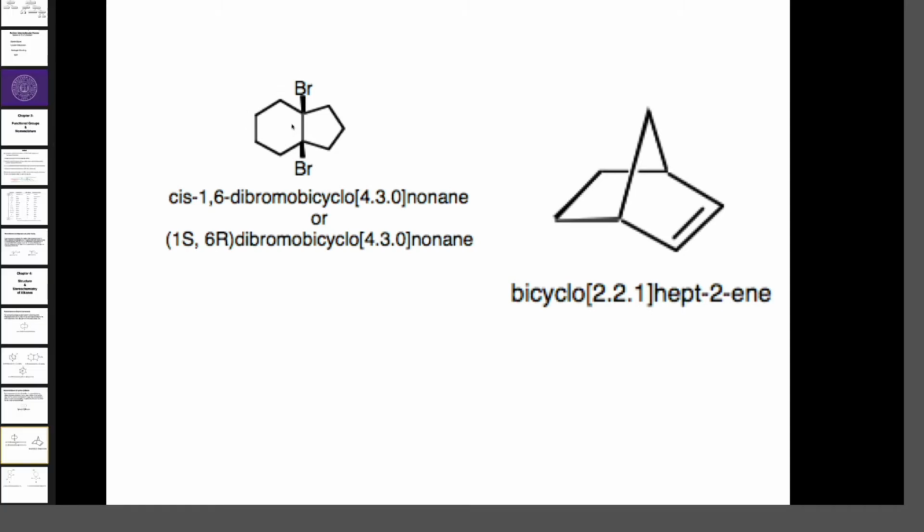And then at the very front of the name, we have to specify the relative configuration of these bromines to each other. And the relative configuration is they're cis. They're both coming out of the paper. Okay. So if you leave that cis out of there, then we could be looking at the one we did on the first one, which could be trans. So you have to specify that it's cis-1,6. This part of the name down here, I'm going to say don't worry about right now